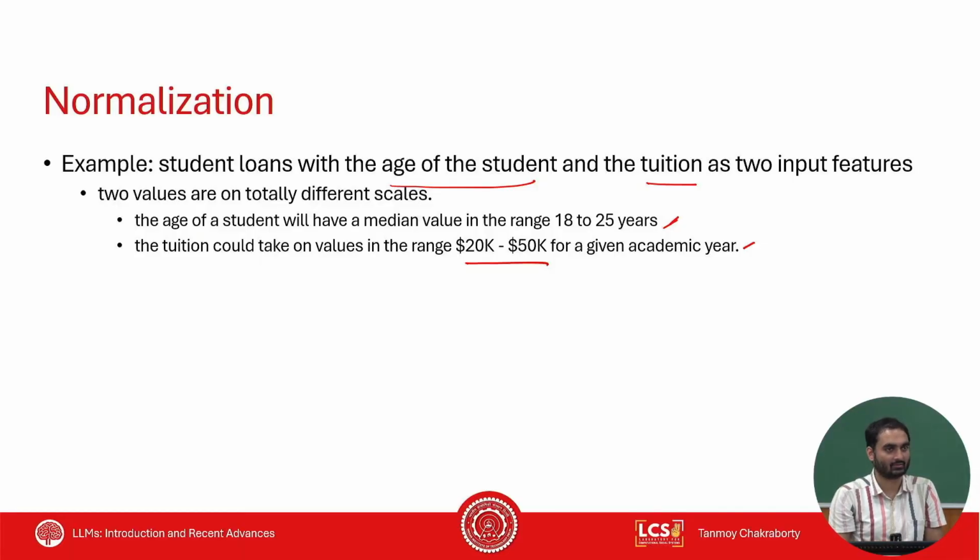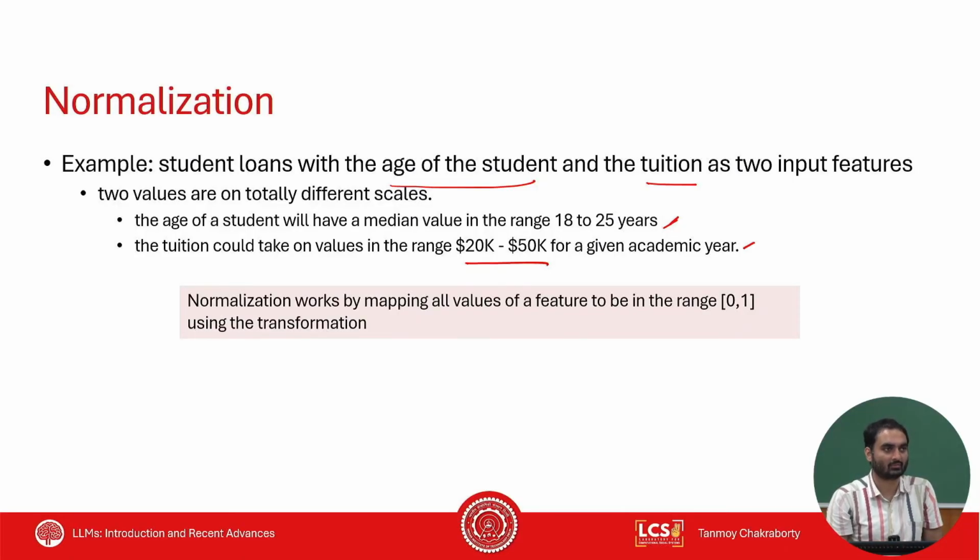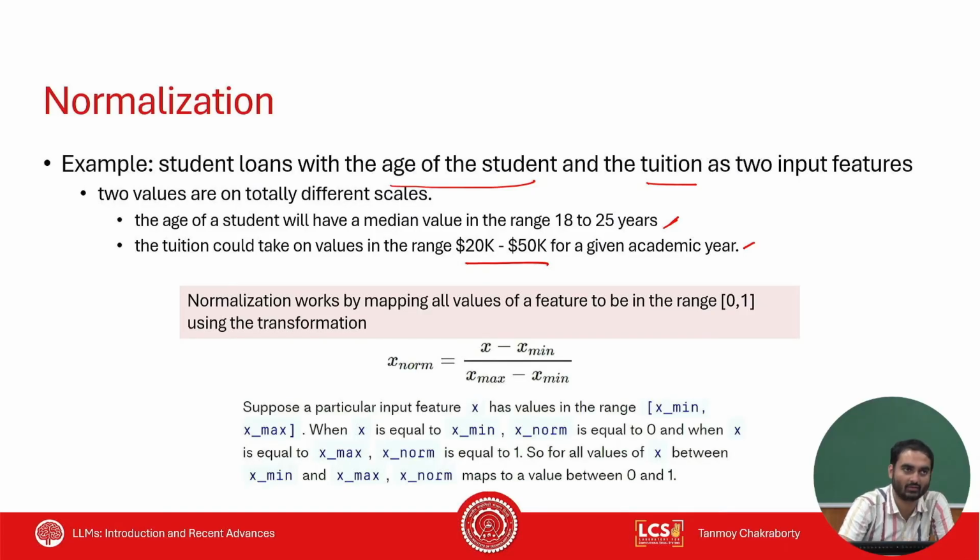And the ranges are very different. So one way to do this normalization is that you make sure that all these entries range between 0 to 1. How do you do that? One way of doing this is to use min-max normalization. You subtract every entry by the mean entry of the feature,